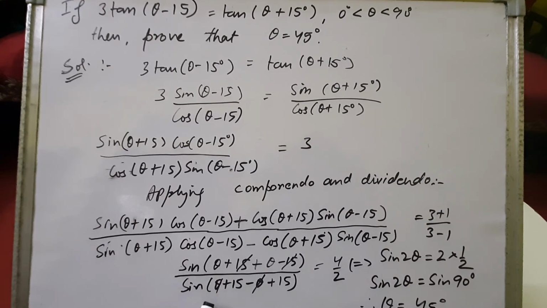So what will we get? Sin 2 theta upon sin 30 degree equals 4 by 2. 3 plus 1, 4 by 2. Sin 30 has value 1 by 2, so I have written 1 by 2 directly. Right. So this 2 and 2 will get cancelled. We'll get 1 here. 1 is the value of sin 90. Sin 2 theta equals sin 90. That means 2 theta equals 90. So theta equals 45 degree. Alright, children. Note down, please. Do all the sums in your fair notebooks.